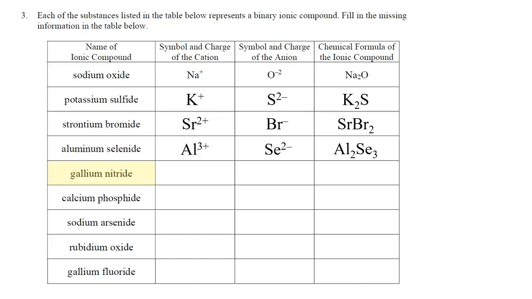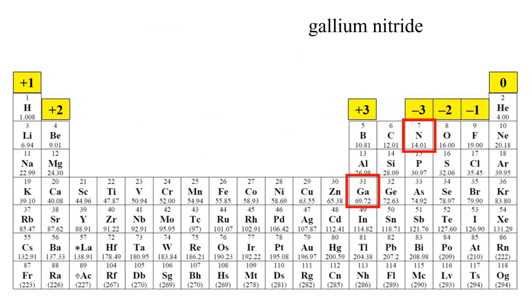Again, let's go find gallium and nitrogen on the periodic table. So there is gallium. It's directly below aluminum on the periodic table. It's in group 13, and its charge is normally +3. And then the nitrogen ion, which becomes nitride, is located in group 15, and that would be a charge of